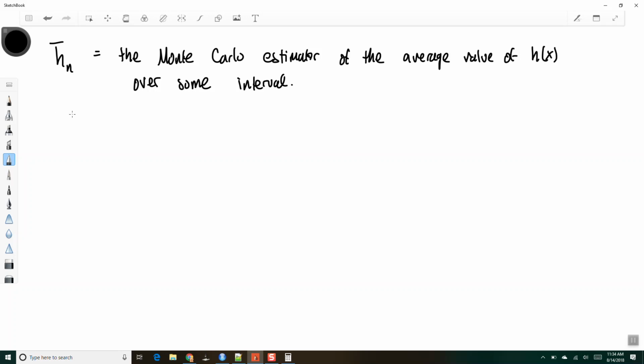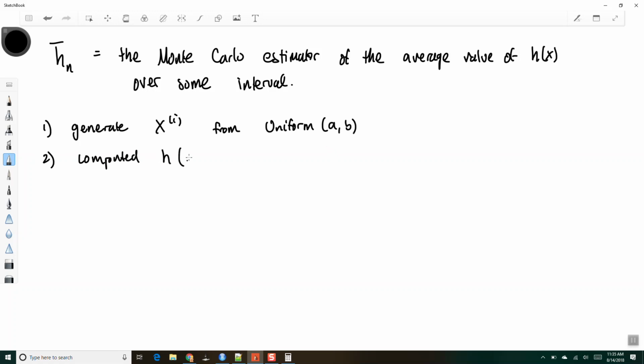And once again, what we did is we generated x sub i from uniform a to b, and then we computed h of x for each generated x super i, okay, and then h bar n